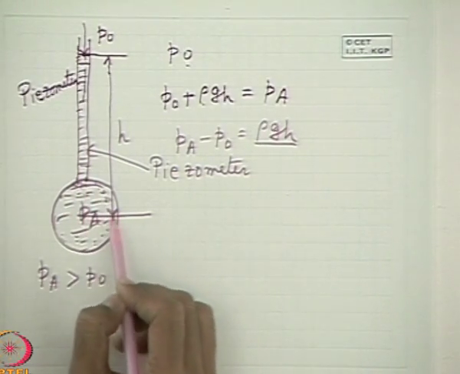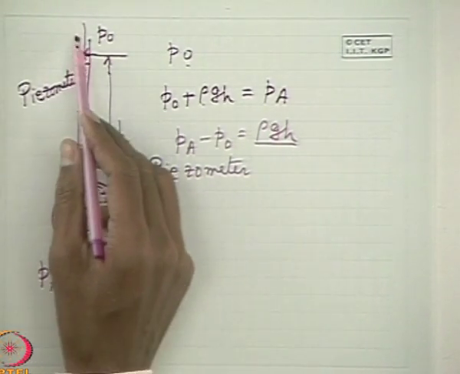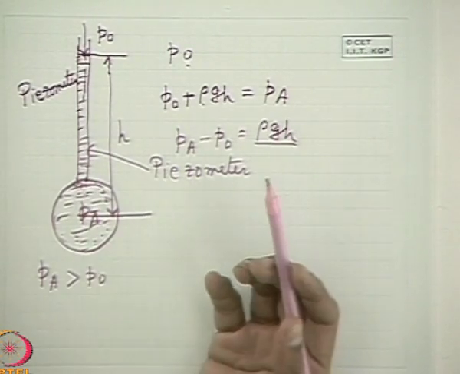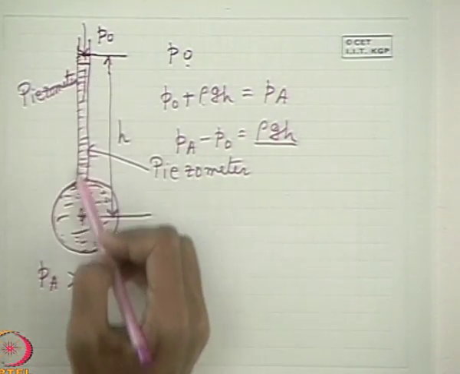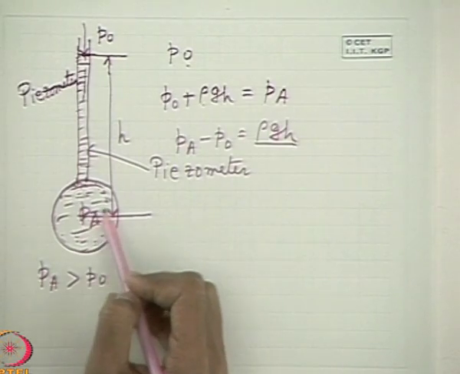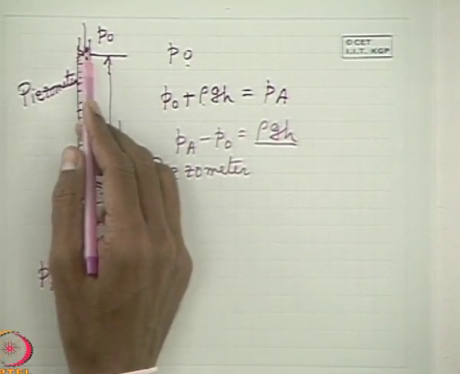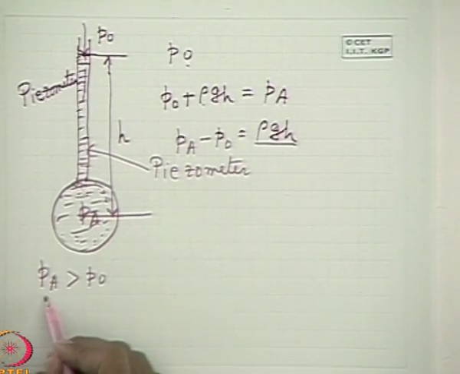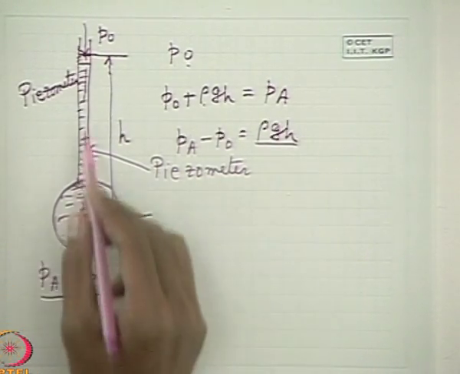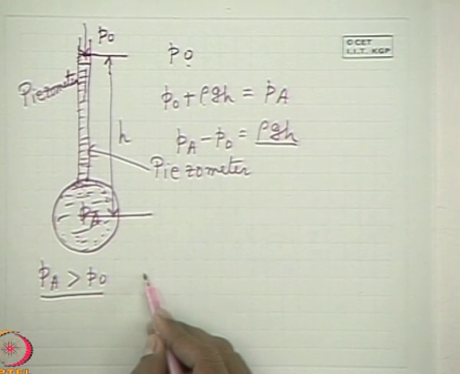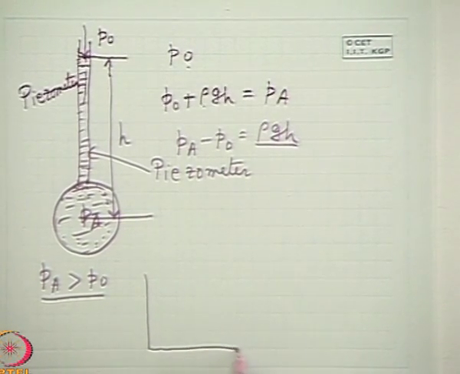Moreover, if the pressure is below the atmospheric pressure, we cannot attach a tube like that. That situation will be very difficult. In that case, air will rush into it, creating air bubbles, and the entire situation will be different. So this is a very simple case where PA is slightly more than P0. Probably this principle you know is applied to measure the local atmospheric pressure, which you have read at school level,